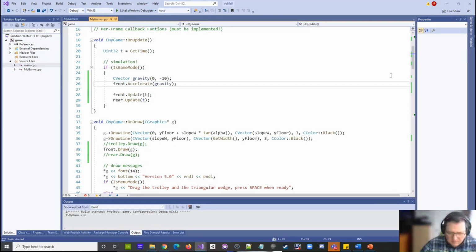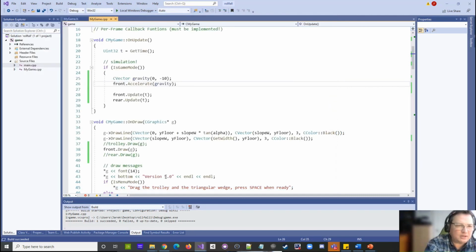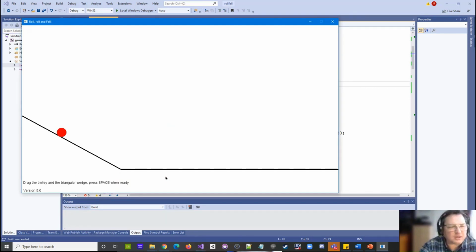Run the application. All right, and now when I press space to start the simulation, something will happen. My wheel dropped down. Okay, F2 to show this again. Oh, it's now much faster. When I start the program for the very first time, the simulation is very nice, but when I restart, the wheel comes back to its original position, but